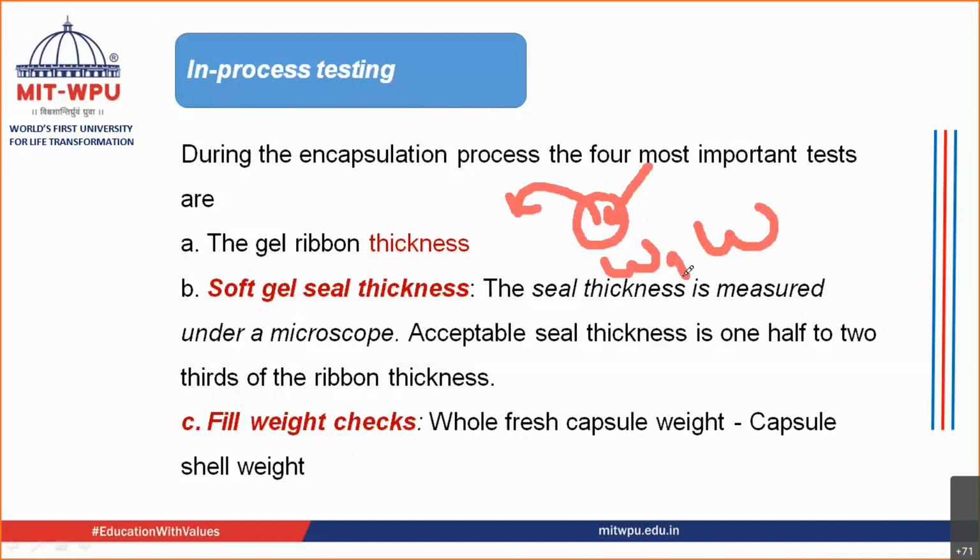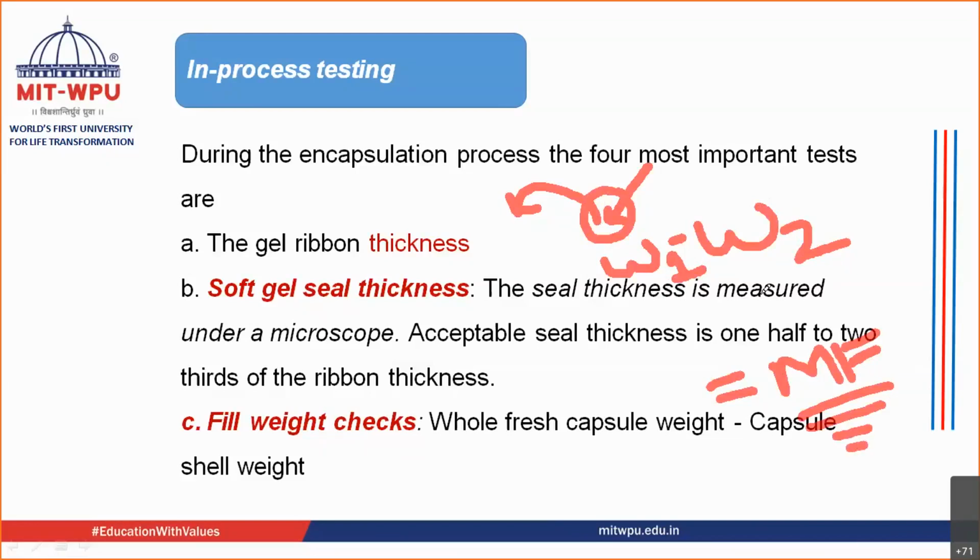So you have W1, that is the weight of the filled capsule. You have W2, that is the weight of the empty capsule. Only the shell you have, the weight of the shell. You subtract W2 from W1, what you get is the weight of the material that is filled inside it. So that you get over here. Are you understanding? And this material is now further evaluated for the weight variation test. Am I clear in telling you the difference? Have you understood this weight variation test, how you carry it out?